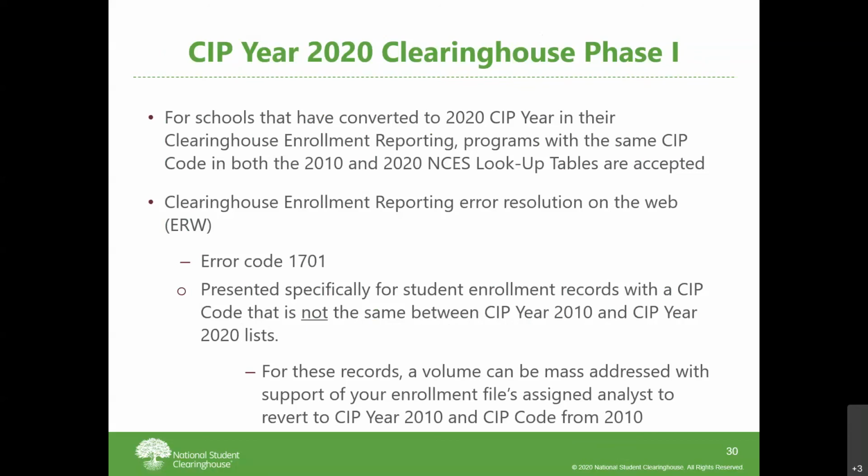And then the assigned analyst for your enrollment reporting file can work with you in case there is a volume of those, or you might not experience any 1701s. It just depends on your school and your course offerings. But for those, in the interim, we are going to flip those back to 2010 and reflect the 2010 CIP code that corresponds with the 2010 list. So I hope that makes sense.